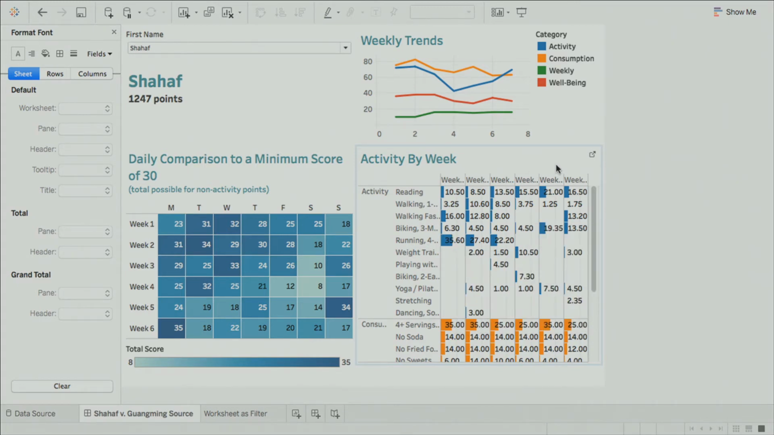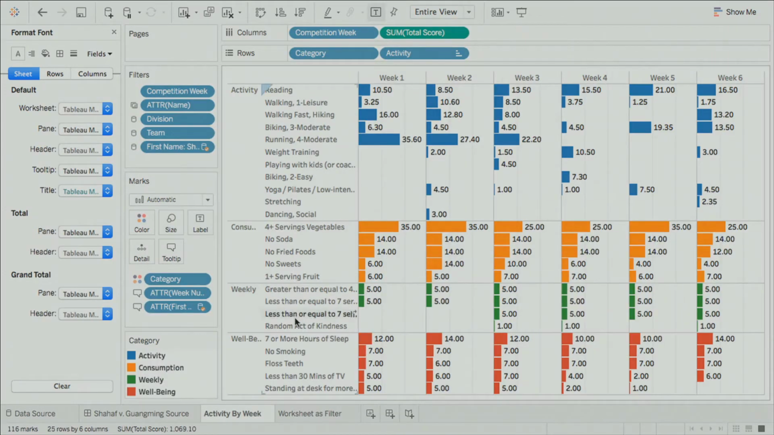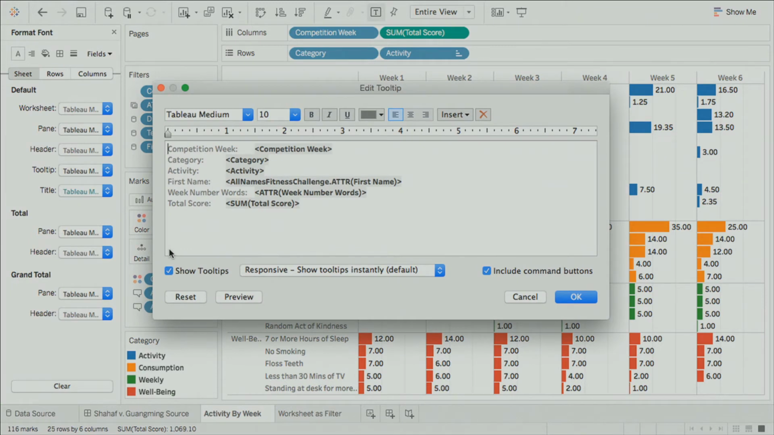In order to do that, we have to go to the actual sheet. So we click on this Go to Sheet button, and we see our sheet. It has the exact same thing, it's just a little bit bigger. Right here is the marks card. In the marks card, we can control lots of different formatting options on our viz. So for example, tooltip. If I click on that button, I get the text edit dialog from before with slightly different options for tooltips. And I can see the long list of items that I had in my tooltip